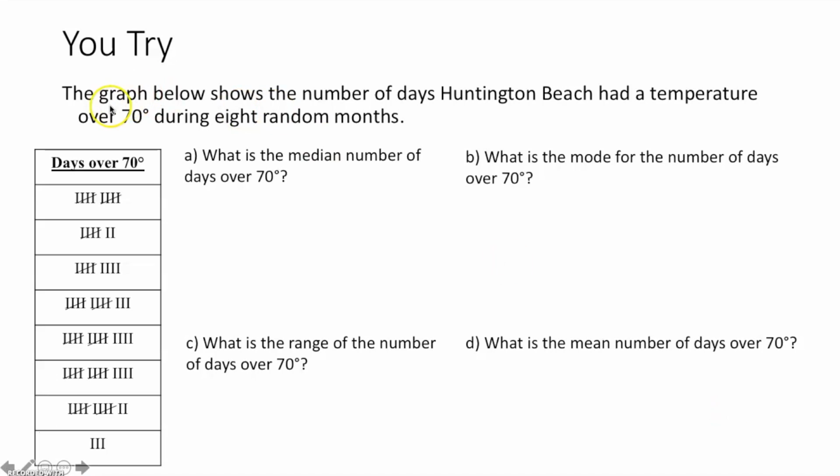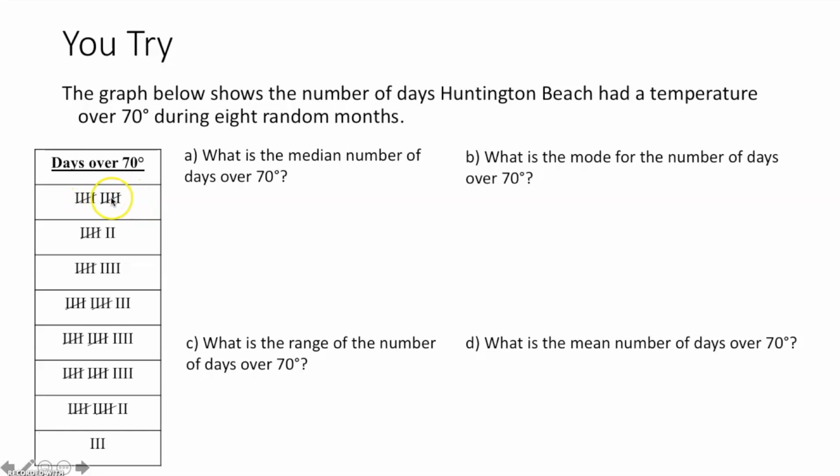Ha ha! You try. Okay, this time it says the graph below shows the number of days Huntington Beach had a temperature over 70 degrees during 8 random months. In the first one, we're going to figure out what is the median number of days over 70 degrees. Well, here we have 8 random months, and we have the total number of days that it was over 70